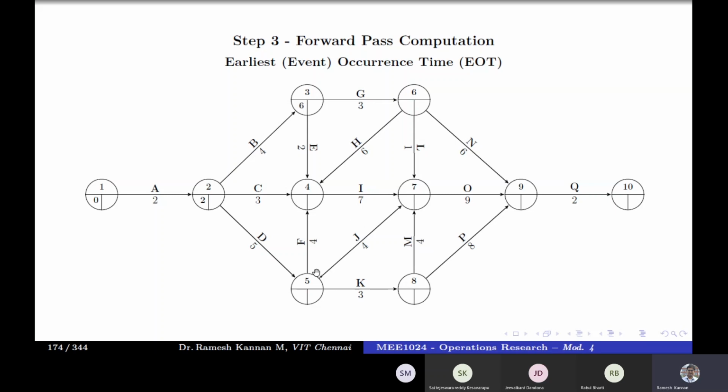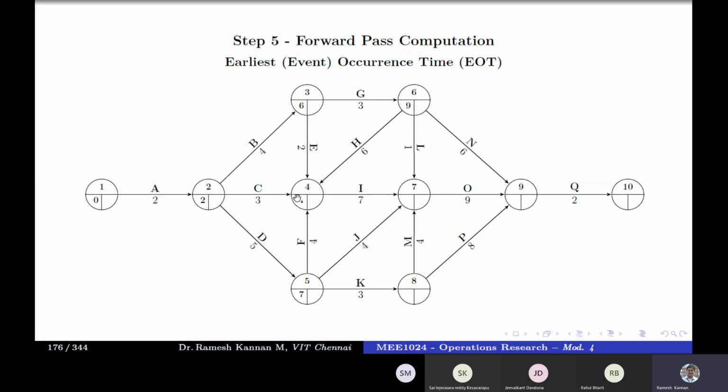So we'll go to 5. How do we get 5? 2 plus 5 is 7. So even 5 gets started at 7. Then we have got 1, 2, 3, but this H is remaining. How do we find H's? First we'll see the G. So 6 plus 3 is 9. Okay, 9 plus 6 is 15. So out of these, 2 plus 3 is 5, and 6 plus 2 is 8, and 7 plus 4 is 11, and 9 plus 6 is 15.